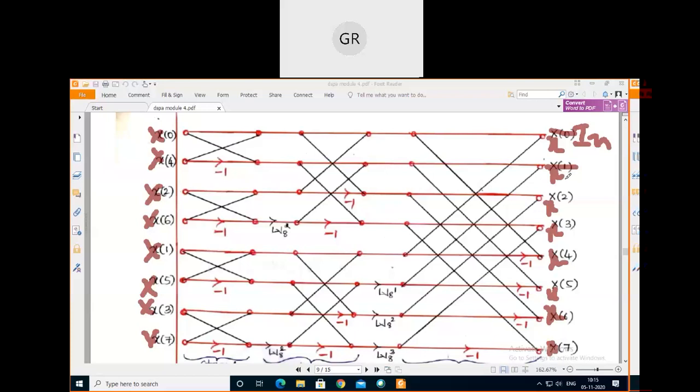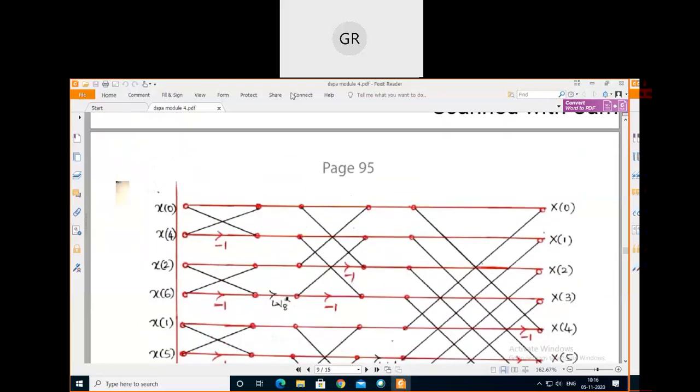Then here, first in this decimation in frequency, inputs are in sequence, the time domain sequence. And first to consider the butterfly, we consider the first 8 inputs. Second, next 4 inputs and 2 inputs. And just remember here, in this butterfly, in decimation in frequency, I'll show you how the